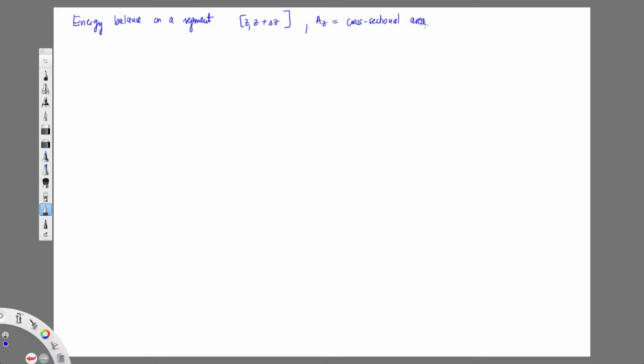This is my volume. Everything is just going in the z direction because I averaged this as such. So I'm just looking at what's coming in and what's coming out in the z direction, and adding the reaction term, which I now have to add into the consideration. So essentially, I have my area, Az,